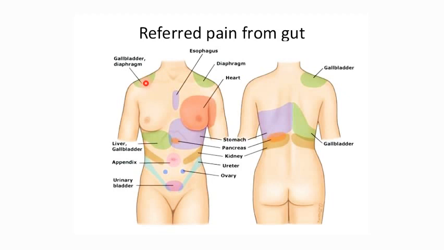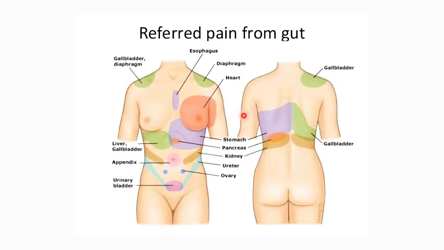Why is this happening? Because gallbladder inflammation in turn irritates the diaphragm which is present above. The diaphragm is supplied by the phrenic nerve with root value C3, C4 and C5. So the C3, C4, C5 nerve segments in the spinal cord also supply this area of skin which is present over here. Due to this mismatch in the nerve supplies, the pain from the gallbladder here is sometimes referred to over here. So this is what we call referred pain.